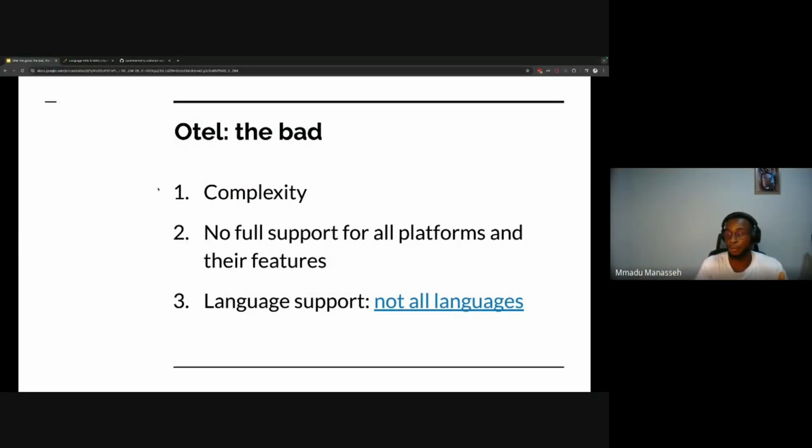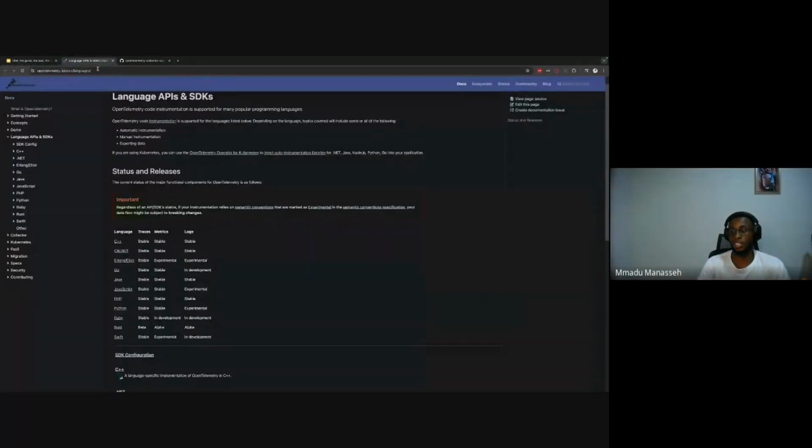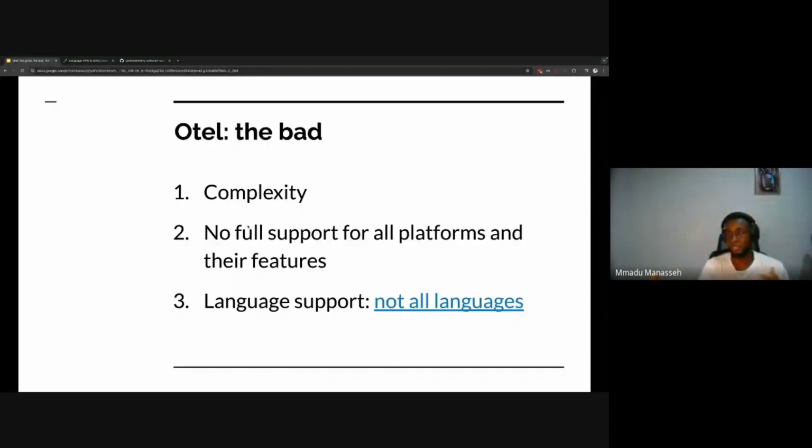You don't have full support for all the languages. And there are even languages that are not here entirely. Like all those new languages. There are more than, I think this is 15 listed. There are more than 15 programming languages, and Otel has support only for these few. It means if you're using anything outside this, you're on your own, you can't use Otel. You have to go with whatever library the platform provides you with. So that's one of the bad things about Otel. These are the major bad things about Otel, the fact that it doesn't have full support for all the platforms, and the fact that it doesn't have full support for all the languages.